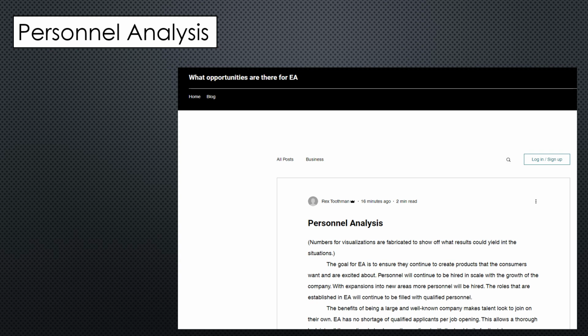The next analysis was the personnel analysis, and that went into how they should deal with hiring, laying off, or just staying stagnant with the current amount of employees that they employ, and of course how they gain the people to the level that they would need to continue to do the efforts as they've been throughout the course of